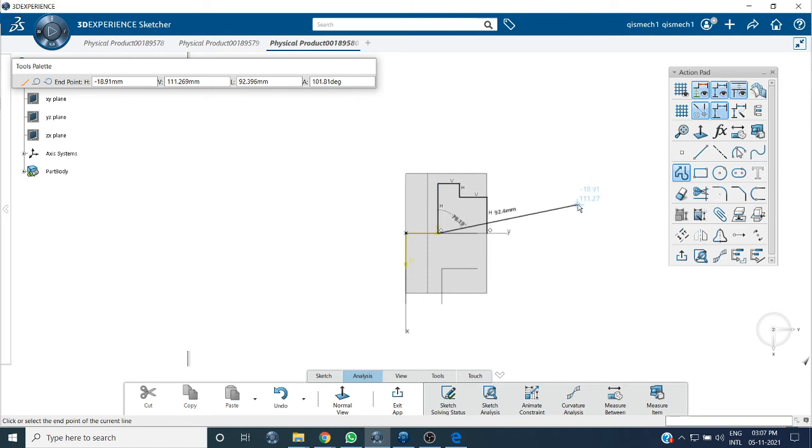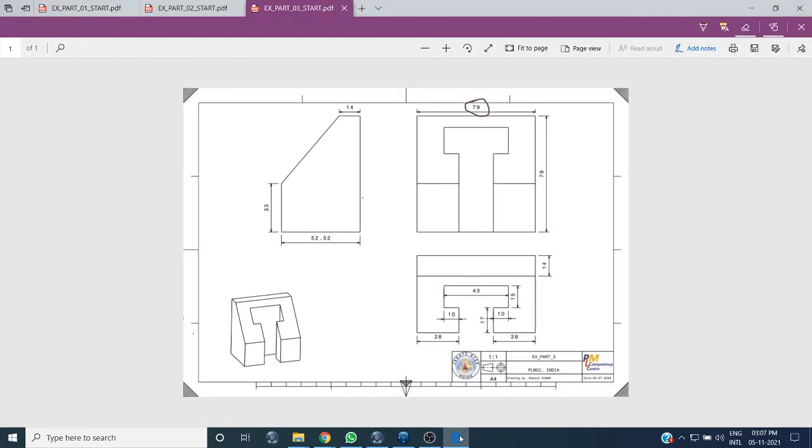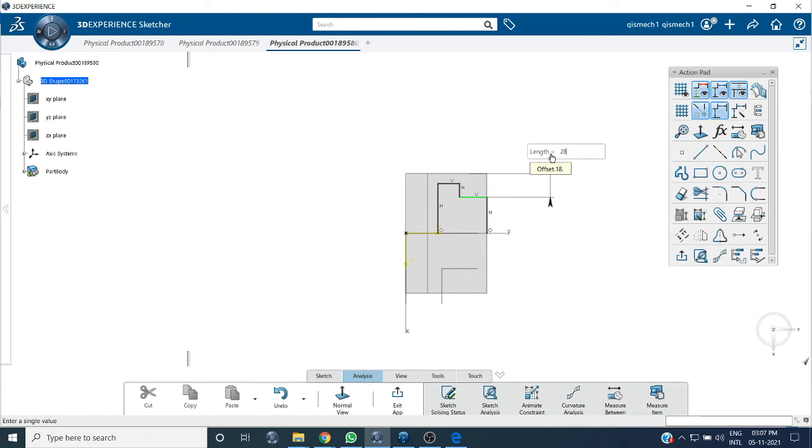Okay, what is this length from this line to this one? It is 28. Okay, this one needs to be coincident. Right click, coincident.